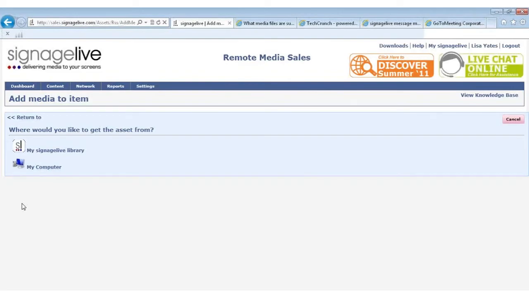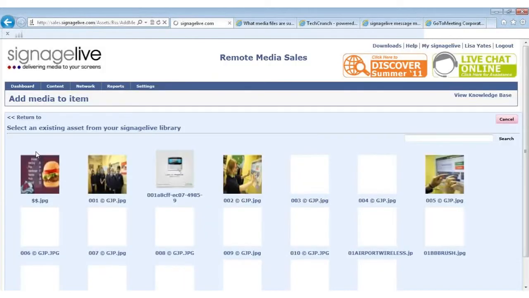It's now asking us where we would like to get our asset from. We can either get it from the computer that we're connected to, or we can use the Signagelive library. We're going to use the Signagelive library today. So if we hit that,